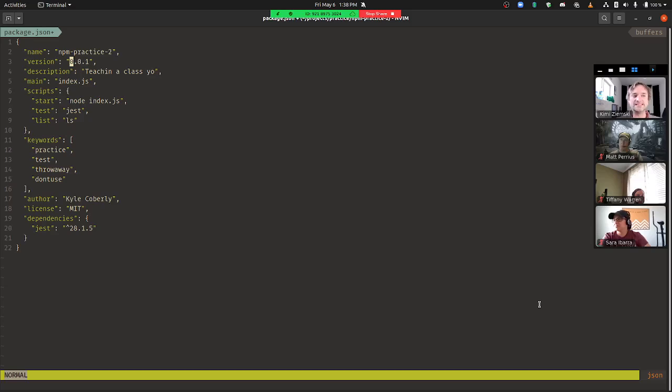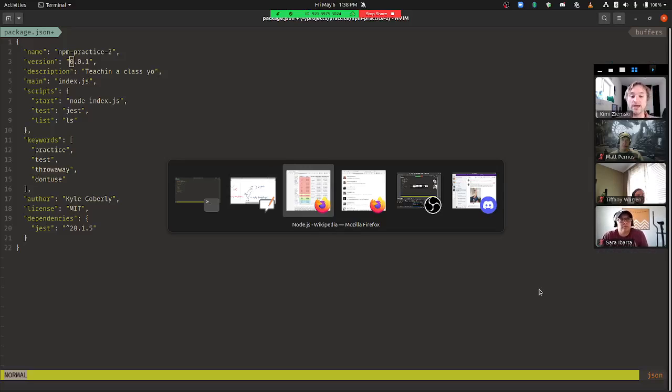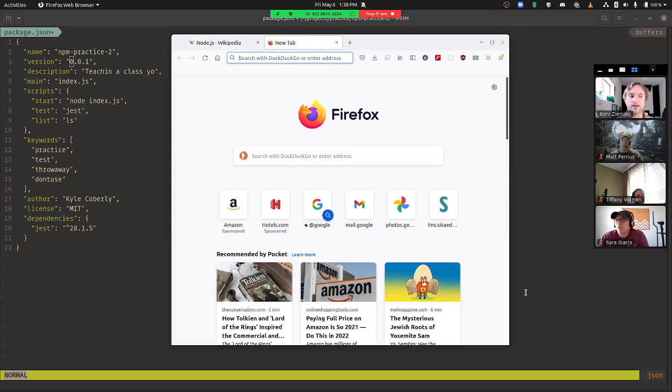So the 0 point stuff is usually not guaranteed to be stable, but like, yo, there were production apps using 0.10 and 0.12. It's different on different projects. Kind of got to use your judgment. Probably the most sure way to see whether or not a particular NPM library is something you should use